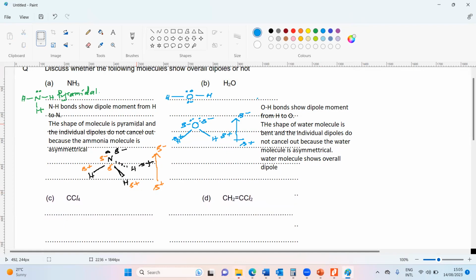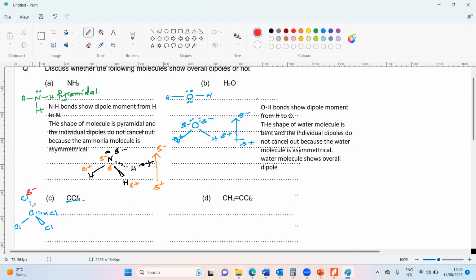All right. Let me explain this. Our next molecule is CCl4. CCl4 molecule is a tetrahedral molecule. We have carbon, not hydrogen, chlorine. One chlorine there, one chlorine here, one chlorine here, one chlorine here. It's a tetrahedral molecule. In this tetrahedral molecule,